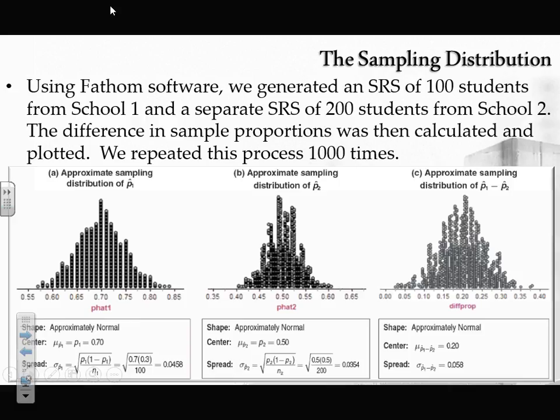The other thing is, if I tried to add them, if I take this standard deviation plus this standard deviation, it does not equal the standard deviation for my difference. The standard deviations don't add either. What does add is variance, the standard deviation squared. So if I were to take PQ over N from population 1 plus PQ over N from population 2, so if I took those variances and added them together, then when I take the square root,